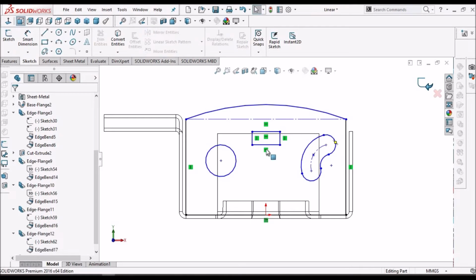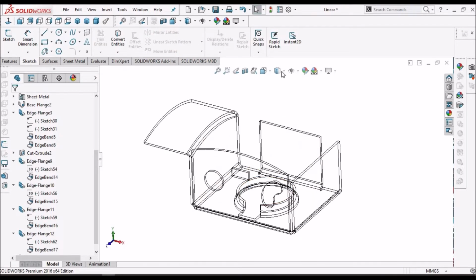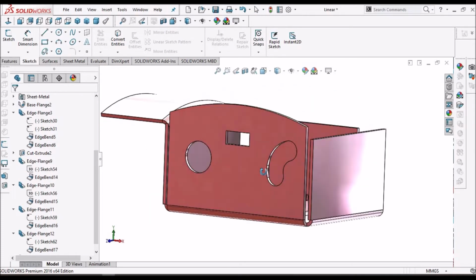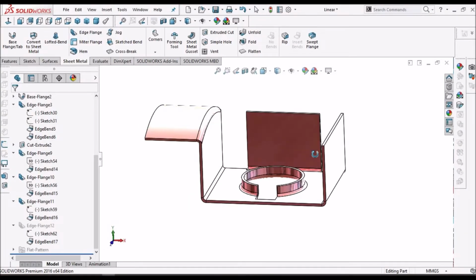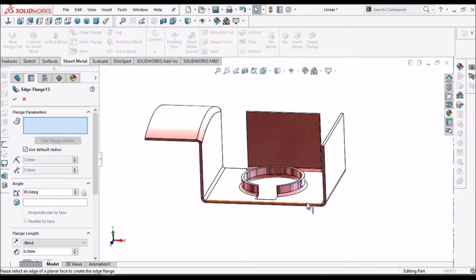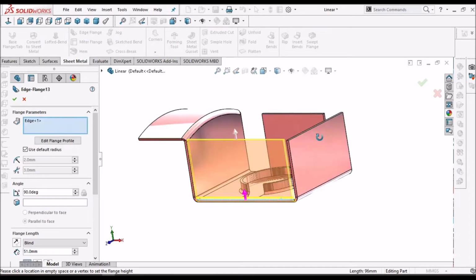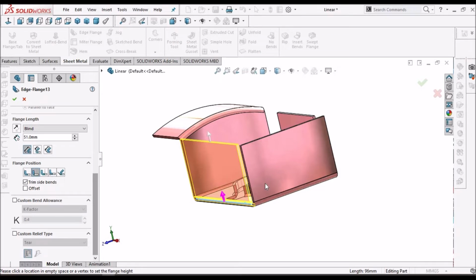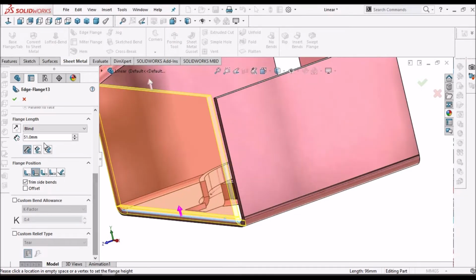Now let's see. I'm going to explain about trim side bends. See, whenever I create any flange beside another flange, then there will be a tearing operation.